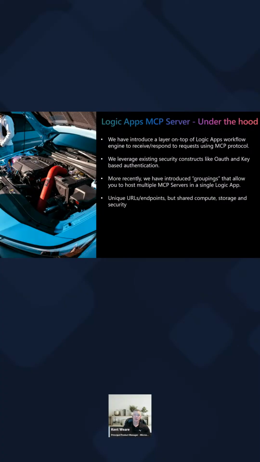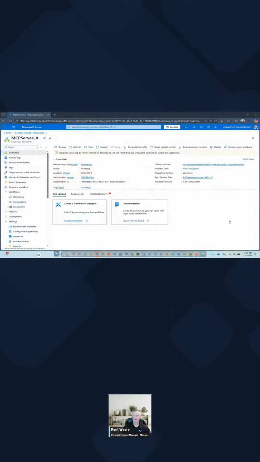Like you might have, say, ServiceNow particular MCP tools that are unrelated to Salesforce MCP tools. So why would you want to group them together? You wouldn't. You would want to isolate them because you're likely going to have agents not needing them both at the same time. And so that's what this grouping really allows you to go ahead and achieve.